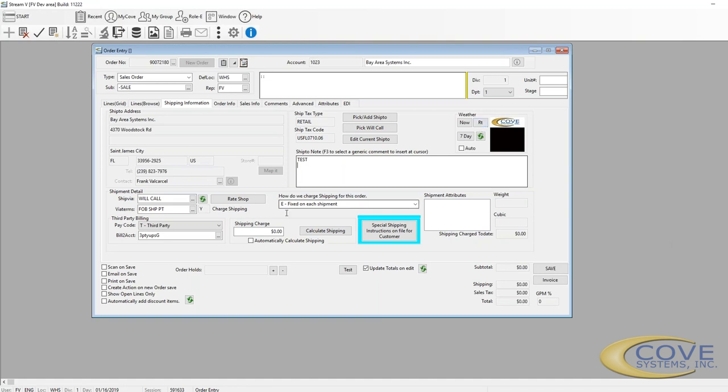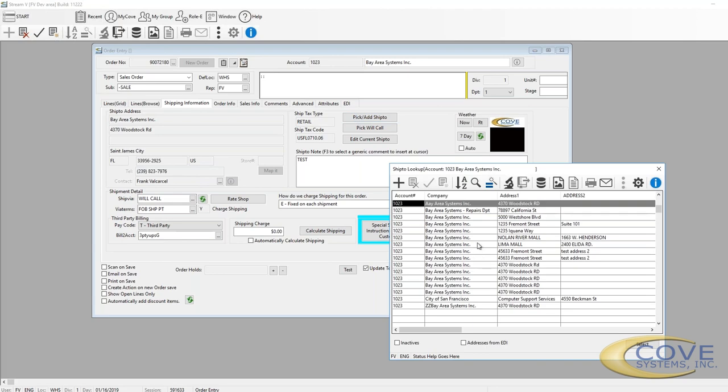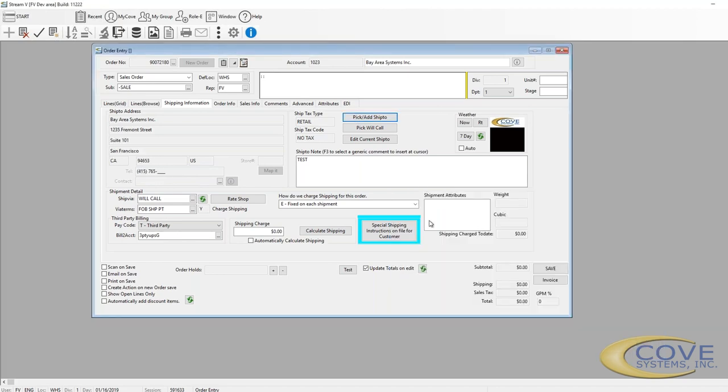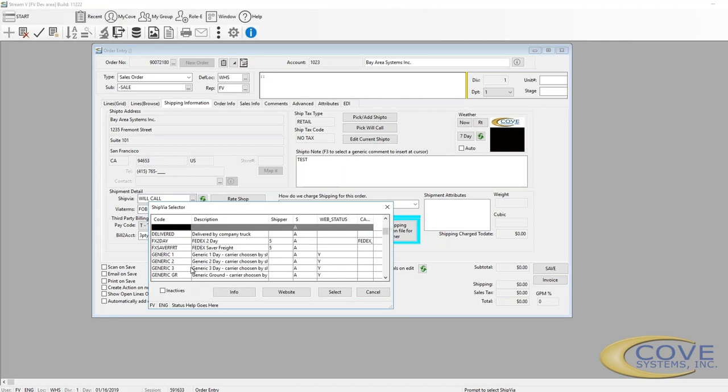Then moving down to shipment detail. This is the ship via. This defaults off either the customer or the ship to address. If we pick a different ship to address, we may get a different ship via. We don't. That means there are none in the customer ship to addresses, so it defaults from the customer. We can change the ship via here